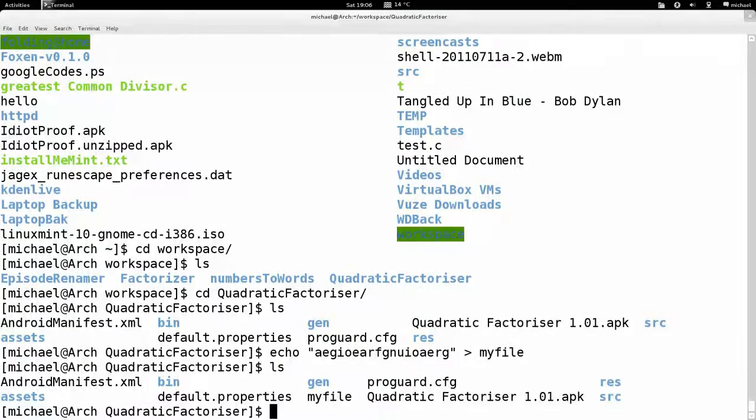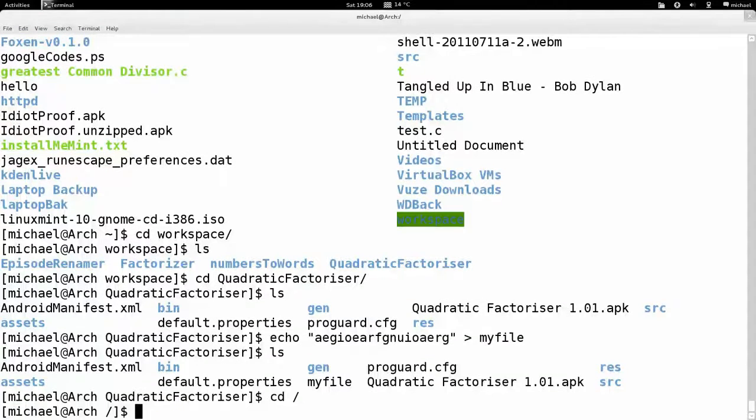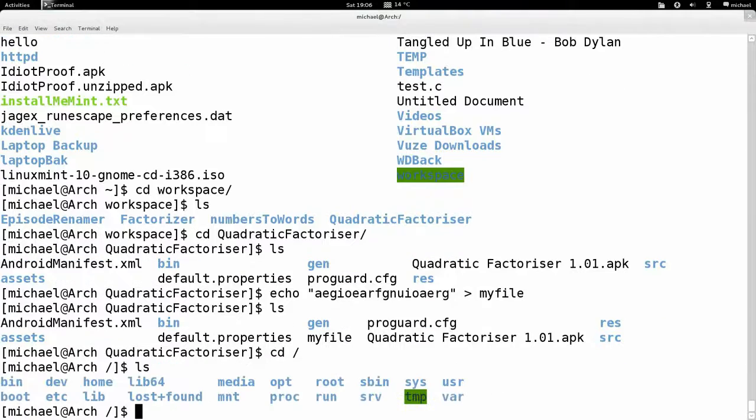Okay. So let's say I want to move this my file into my home folder from the root folder. So I'm here and I want this my file in my home directory. Well, to do this I'd use the move command, wouldn't I? Yep. So I'll type move, and ultimately I'm going to have to type all this,